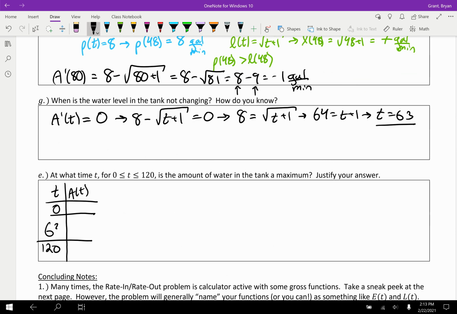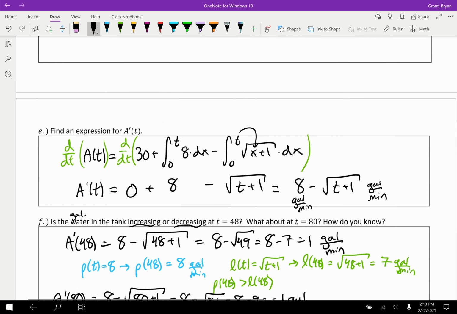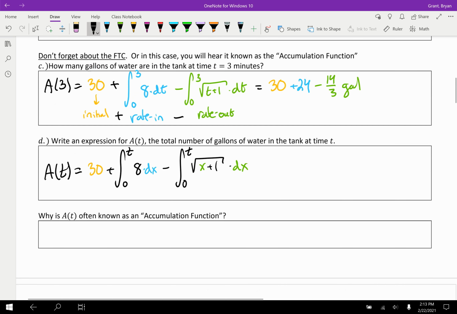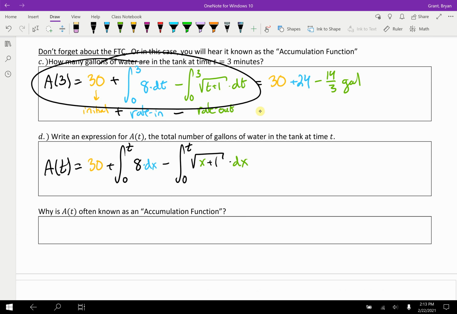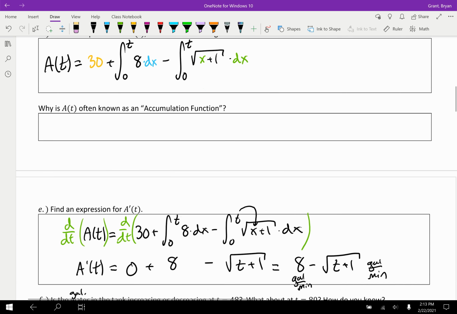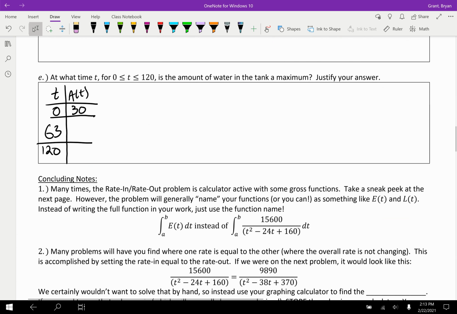That's 63. And then from here, you're like, okay, now I need to find 3 amounts. One amount will be 30. They told us at 0, there's 30 gallons in the tank. But then you have 2 more amounts to find. And so you would do the math by doing this guy up here, right? You have to do this 2 more times. And although that is okay, and it will absolutely get you the answer, we should notice that they just want